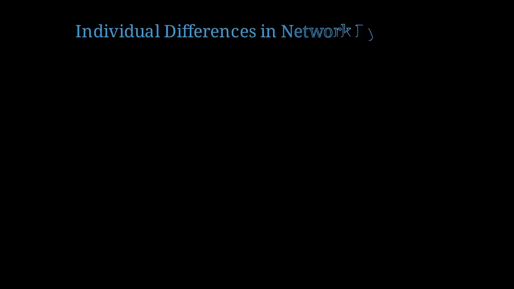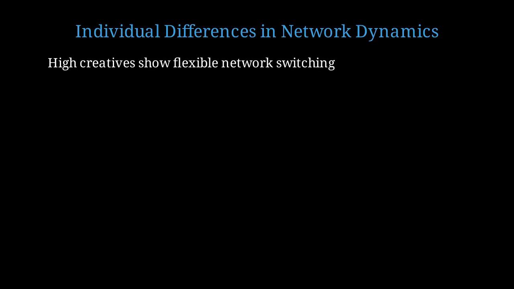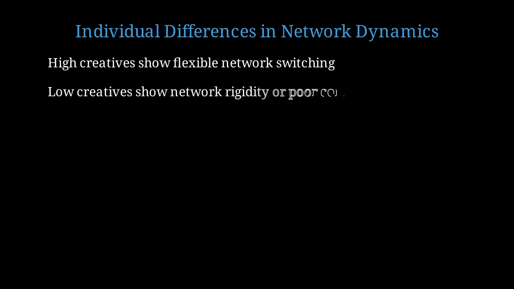Not everyone's brain networks function identically. There are meaningful individual differences that affect creative thinking ability. Highly creative individuals show more flexible switching between networks. They can readily shift from focused analysis to broad exploration and back again. Less creative individuals often show either rigid network dominance, staying too long in one mode, or poor connectivity between networks,